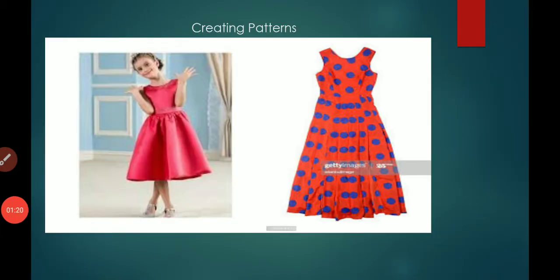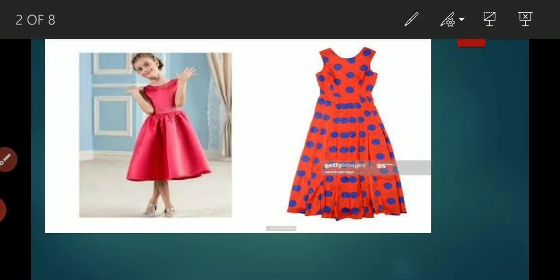Do you like these dresses? Yes? This dress is looking more beautiful than this dress. What is the difference between these two dresses?